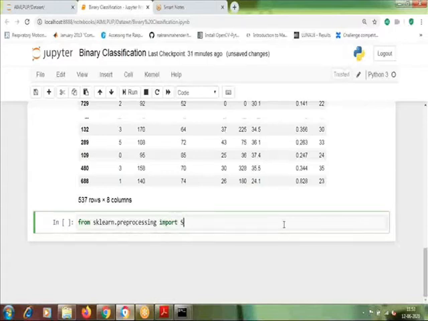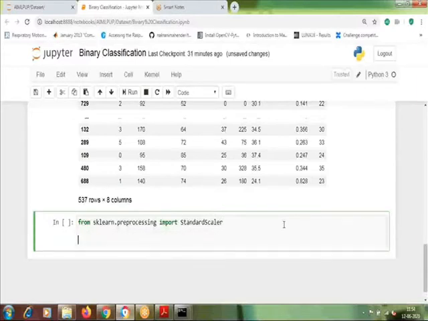Let's say we are going to use StandardScaler. Then you have to transform your data set using the standard scaler. So I'm going to declare one variable, which is scaler, and then initiate StandardScaler. Remember, both S's are capital in StandardScaler.